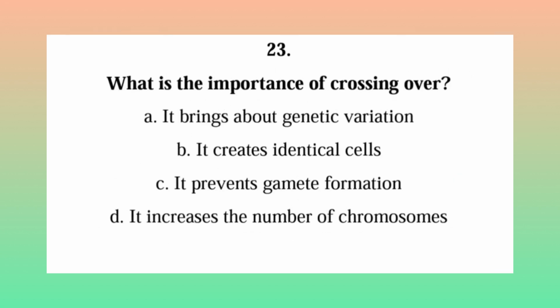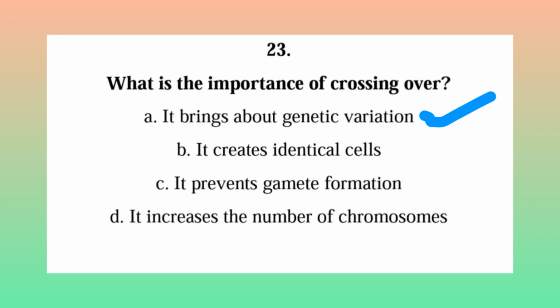23. What is the importance of crossing over? A. It brings about genetic variation. B. It creates identical cells. C. It prevents gamete formation. D. It increases the chromosome number. Answer A. It brings about genetic